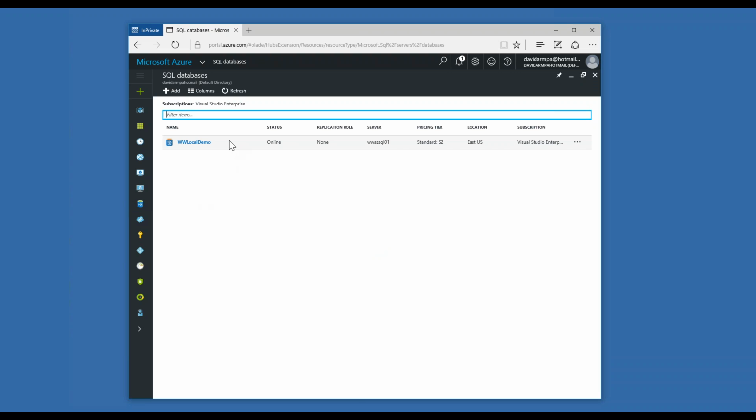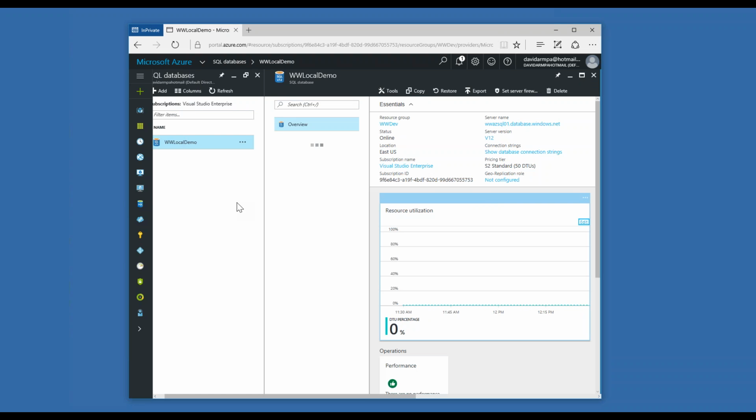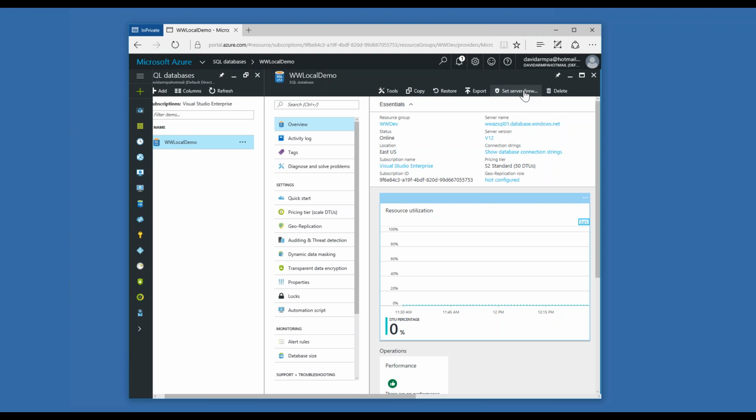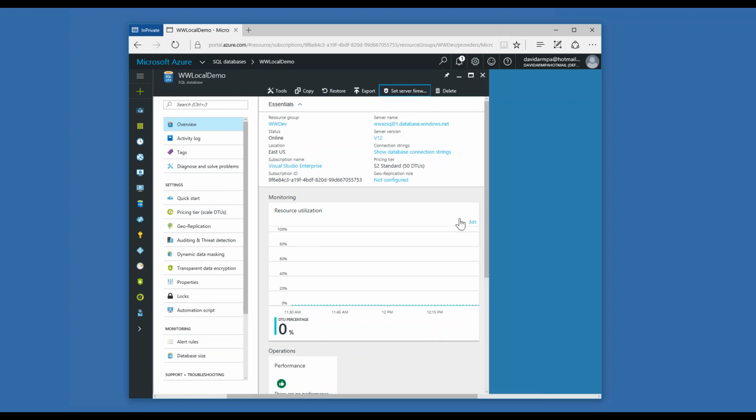I've got one that's already set up, and one of the things I want to show is that they have the firewall enabled on this. While I was running through, I noticed that my application wasn't working correctly, so I had to come in here and make sure that I added my IP range so that I could connect to the server. Just making sure that this is not wide open in the cloud. You have to open certain ports, and Microsoft will do a lot of that for you.